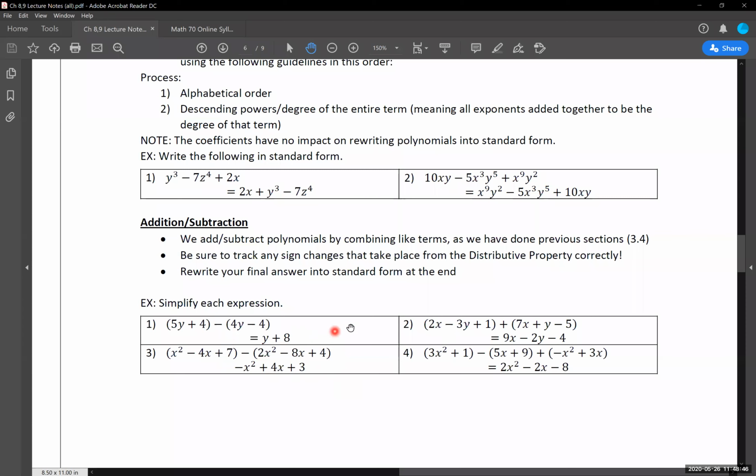Make sure everything is included in this correctly. But otherwise, the only difference that we have is at the very end, you need to write your final answer into standard form. Everything else with adding and subtracting these things together, we have already done. The 3.4 material all over again. So if you need to go back and reference the video, if you need to go back and reference the notes for it, absolutely do that, because there really isn't anything that's going to be changing about this. And again, if the numbers get a bit gross with adding them together, use your calculator. That's totally fine. Nothing wrong with that.